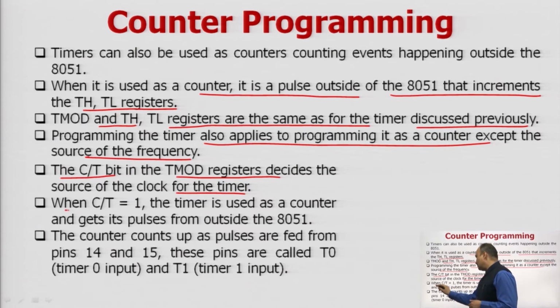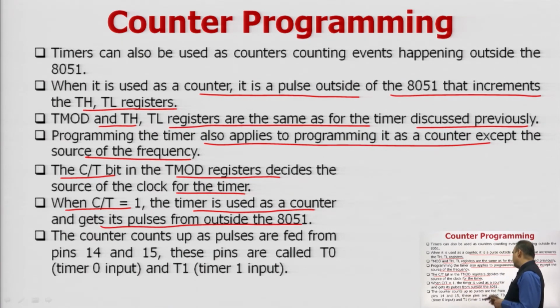When this counter or timer bit of the TMOD register is 1, the timer is used as a counter and gets its pulses from outside the 8051 microcontroller. So with the help of this particular bit of the TMOD register, when its status is 1, it decides that the timer is used as a counter. The counter counts up as